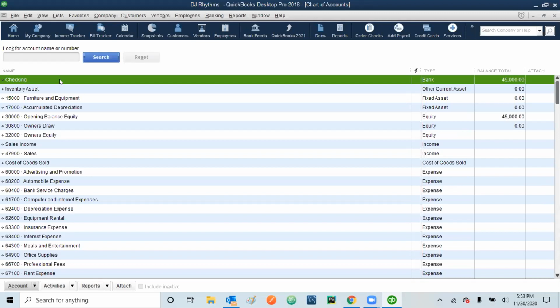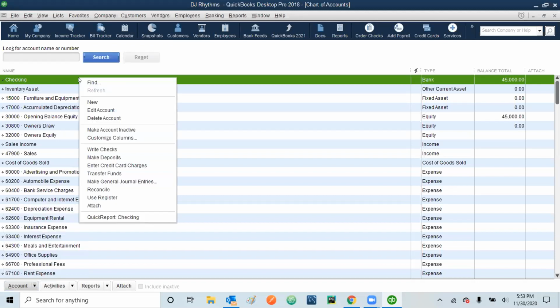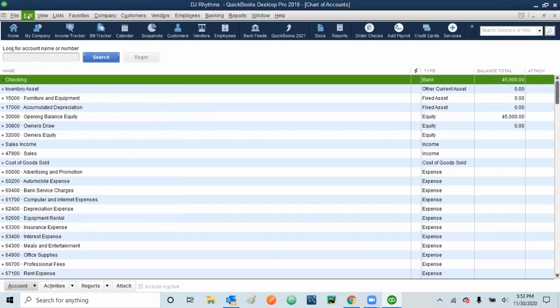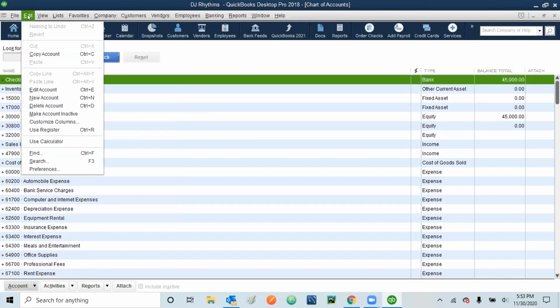As I told you before, whenever you are working with customers or vendors, your selection will be on the top side, and for non-living things, it will be on the downside. The same way you have the selection here. The other way of doing it is the right click, and the other way is clicking the edit button. So you see, working with QuickBooks is very easy.